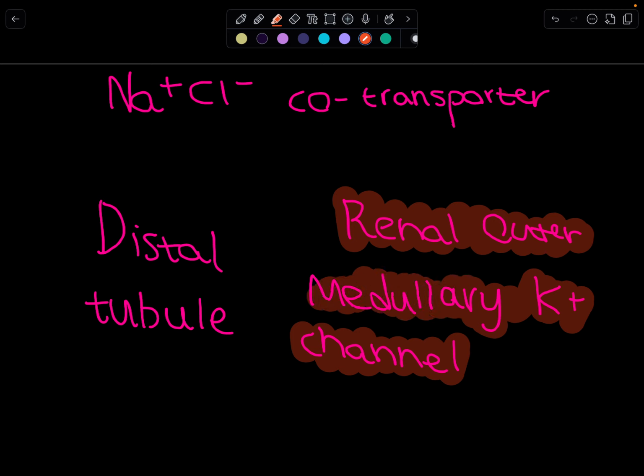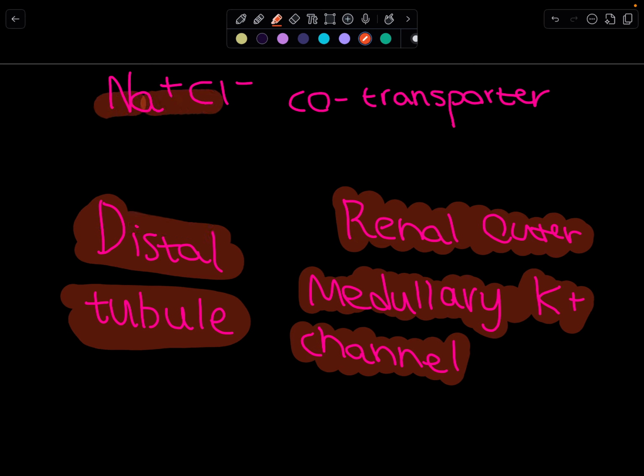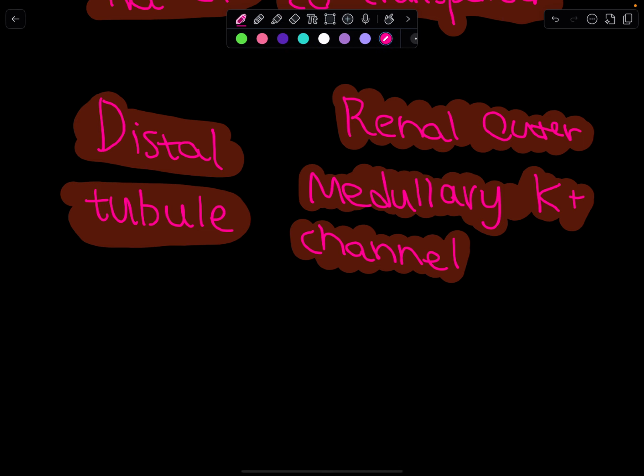The renal outer medullary potassium channels, ROMK, also in the distal tubule, secrete potassium into the lumen, balancing potassium levels. These channels are active when aldosterone boosts sodium reabsorption via NCC or sodium channels, as the influx of sodium creates a lumen-negative potential that drives potassium out through ROMK. This potassium secretion is critical for preventing hyperkalemia and is influenced by potassium intake and acid-base status. In short, the distal tubule's sodium chloride cotransporter reabsorbs sodium and chloride for volume control, while ROMK channels secrete potassium